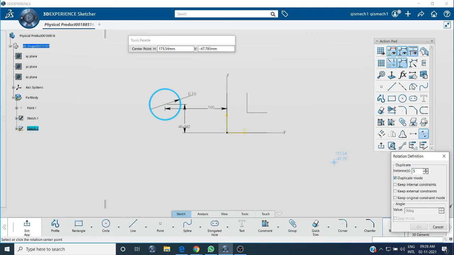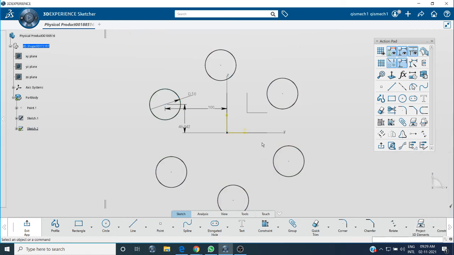We want 5, with respect to the center, and that is in 360 degrees. So if you divide, let it be 6, for better understanding. If you divide 360 by 6, it is 60 with respect to the center point. Now you can see 1, 2, 3, 4, 5, 6 circles are there.